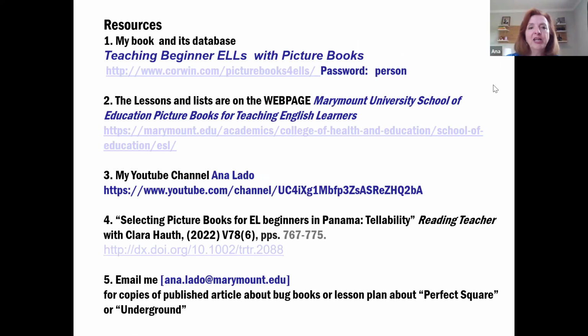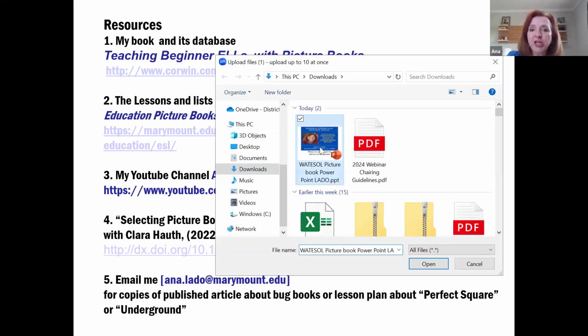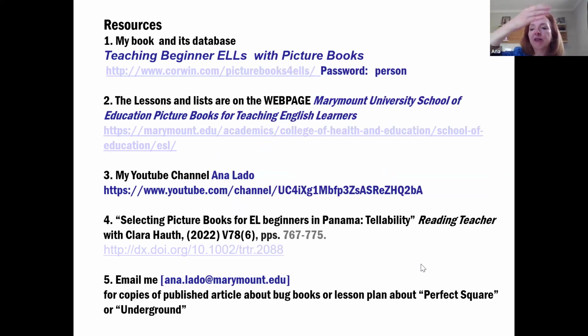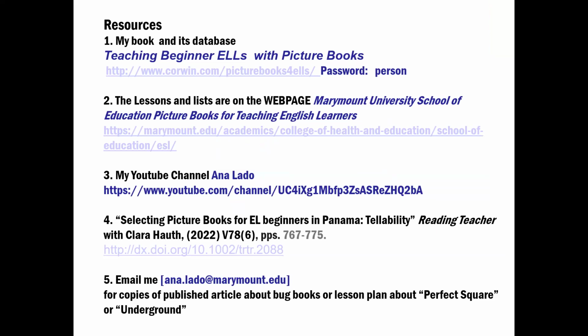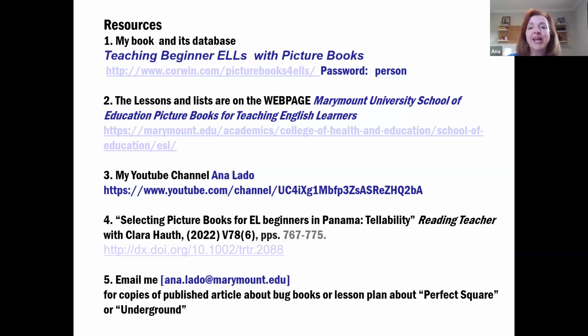My book has a database, and it was published in 2012, so none of the newer books are in it. It's an Excel spreadsheet, but you go to the database, the password is person, and the columns in the Excel spreadsheet are by levels or activities. So it's a little bit of work, but if I can be on the Zoom with you for 2 or 3 minutes, you'll get it. And there's 900 books listed. Then the web page has a link that you click, and then you can click the lesson plan and you get a good